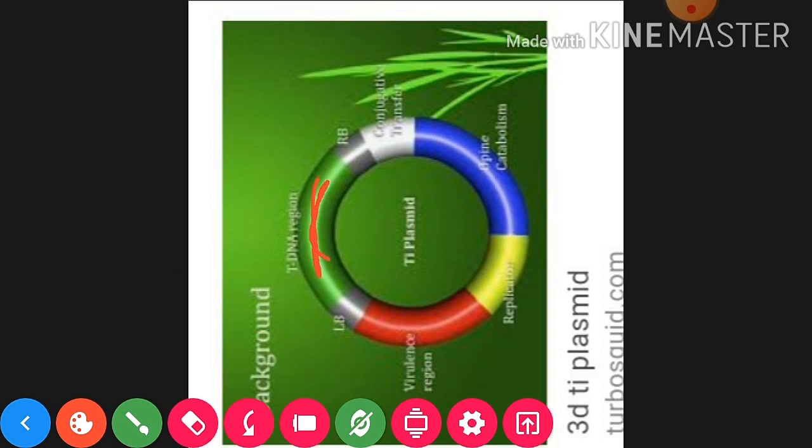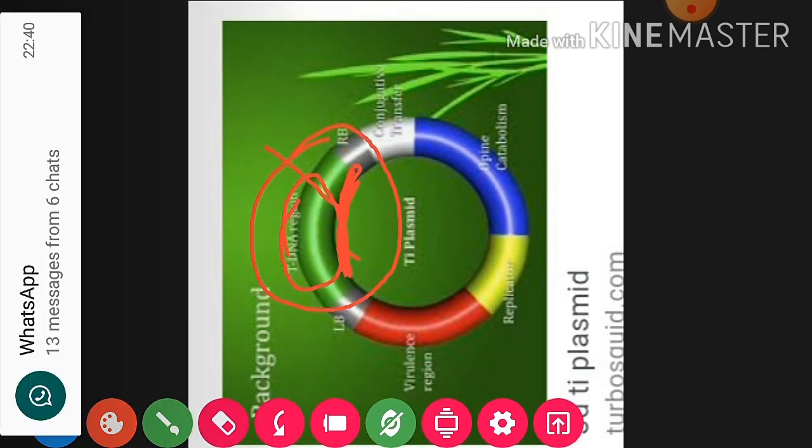Suppose that this enzyme we will have to link here. This is the desired DNA fragment. So this desired DNA fragment we will have to link in the tDNA part like this. This is the whole tDNA part where we have to link the desired DNA fragment for transferring the desired DNA into the dicot plant. Okay, this is how the desired DNA can be ligated here.